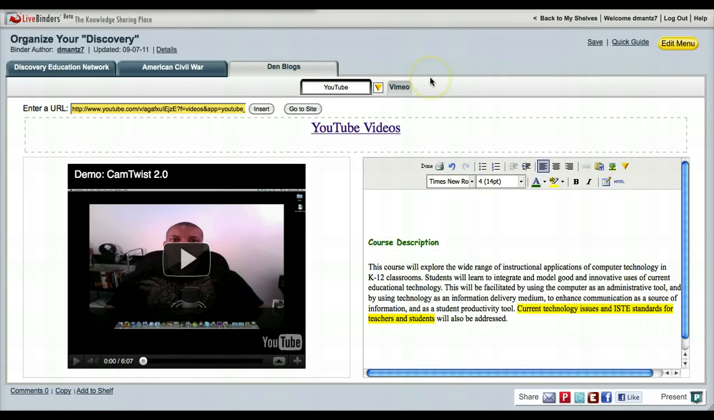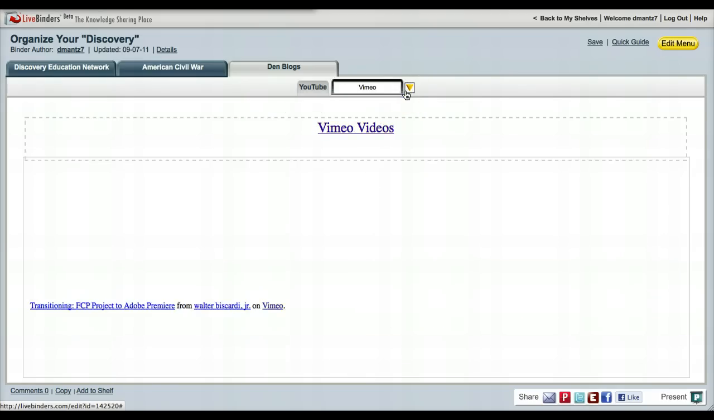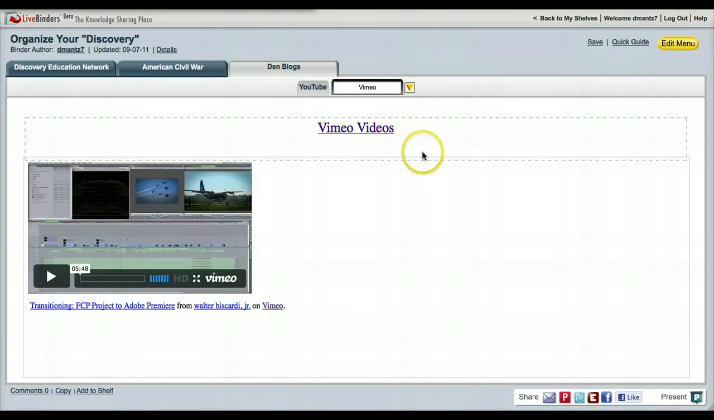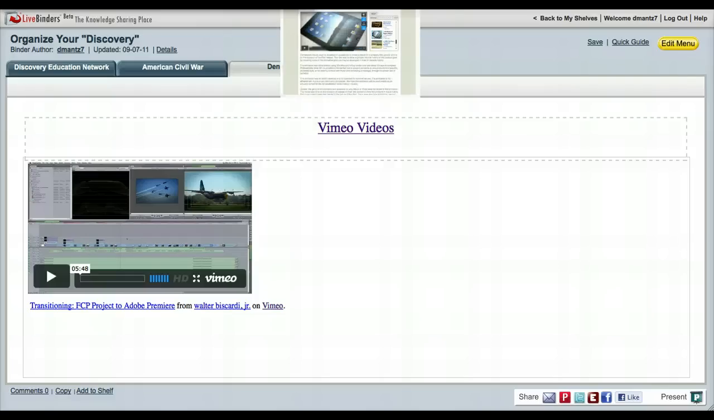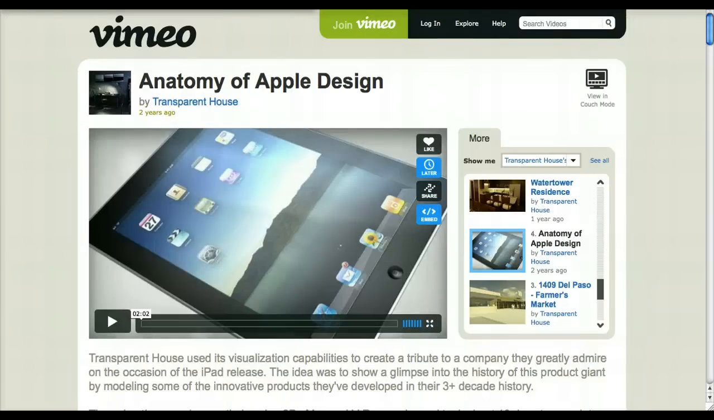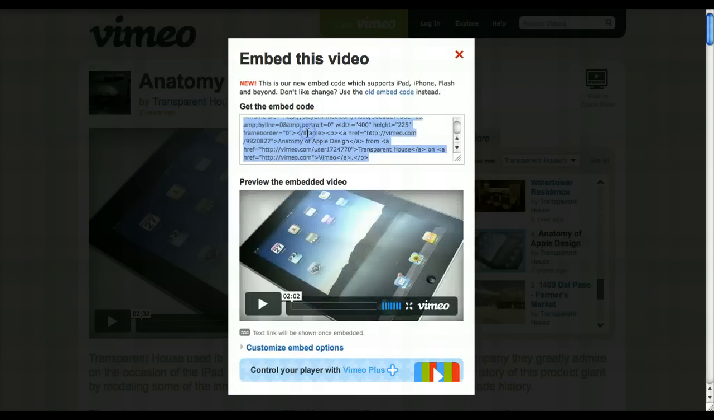So let's jump over here to another subtab that I have. And this one I have Vimeo. You'll notice I've already done a pre-link here. This Vimeo, what I've done here is really neat. I've taken the actual embed code from Vimeo. So if you have a Vimeo video here, just click on the embed, copy the code, come back to